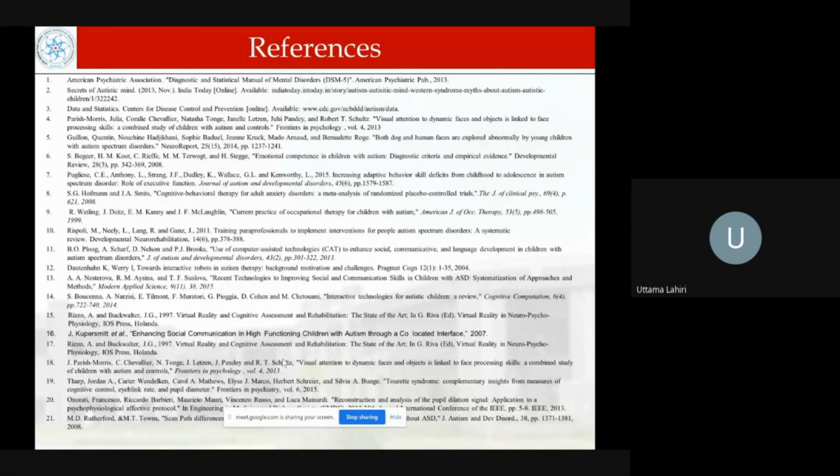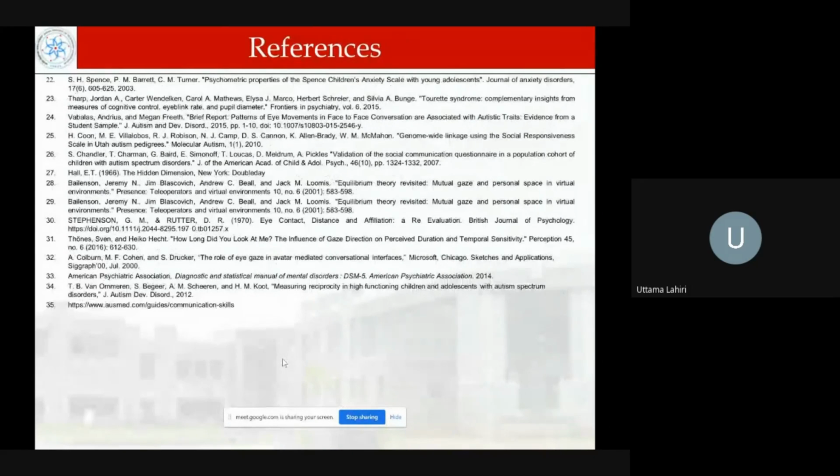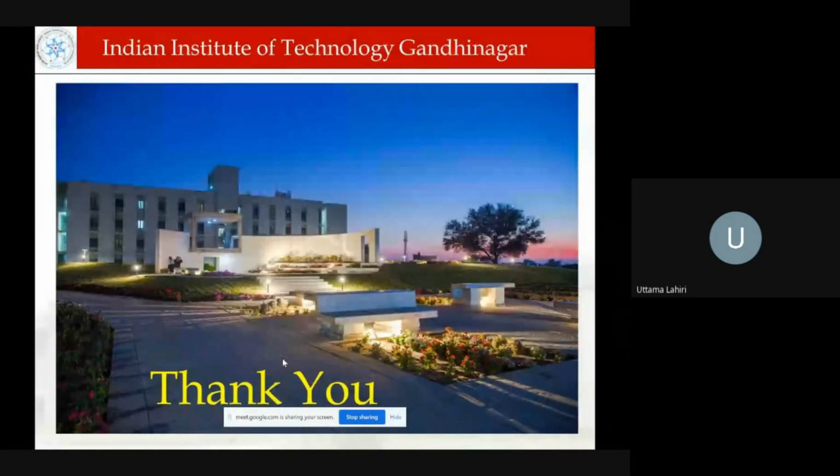These are the references. Also, I acknowledge the contribution of my PhD students and my collaborators. And thank you. This is a view of the hostel, and you can see it's a sunset. So I started with a rising sun towards the start of my talk,